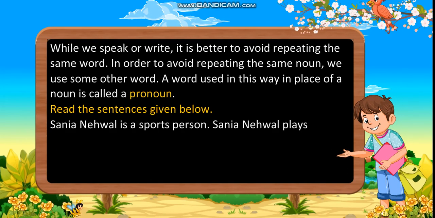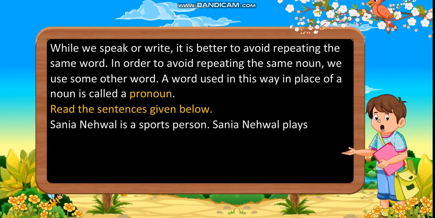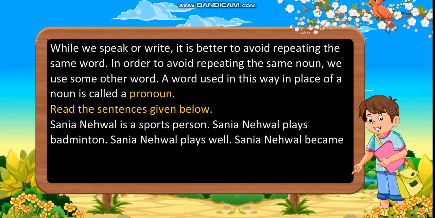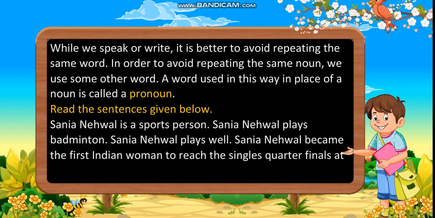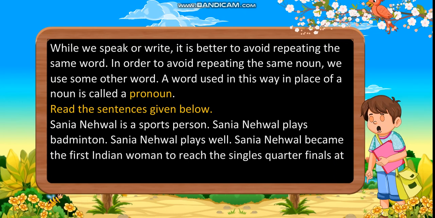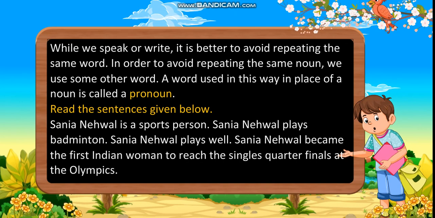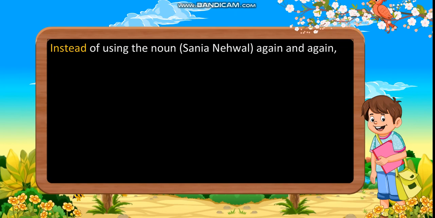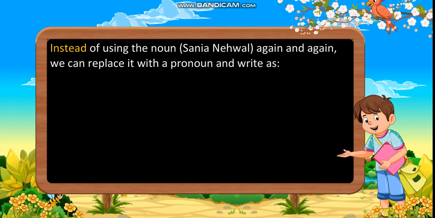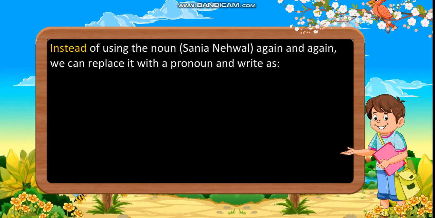Saina Nehwal is a sports person. Saina Nehwal plays badminton. Saina Nehwal plays well. Saina Nehwal became the first Indian woman to reach the singles quarterfinals at the Olympics. Instead of using the noun Saina Nehwal again and again, we can replace it with a pronoun and write as